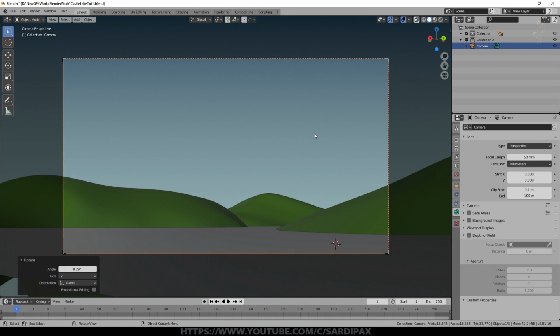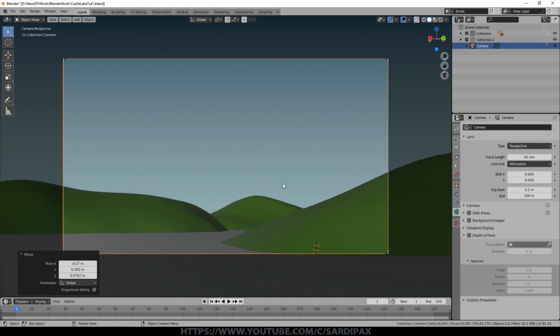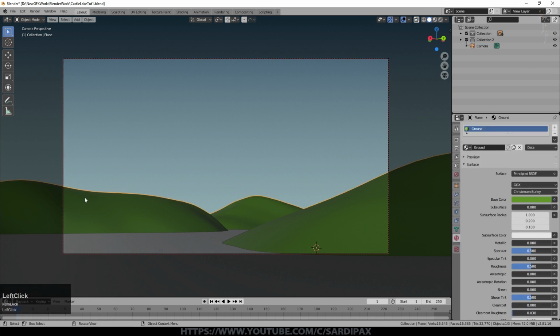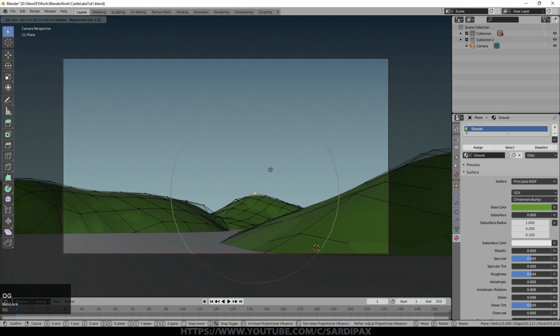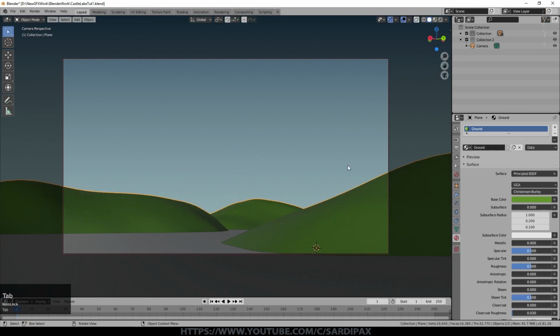The only thing I would say is I very often have my point of interest on the right of the image, but there's no particular reason for that. But it's also good to have the image framed such that you have almost a V shape created. So that hill could probably do with being a bit higher, but I'm going to put a castle on top of it, so it's not too much of a problem. This hill back here is just a little bit bumpy, so I'm just going to press G with proportional editing selected and just flatten that one off a little bit so it's a bit more realistic.